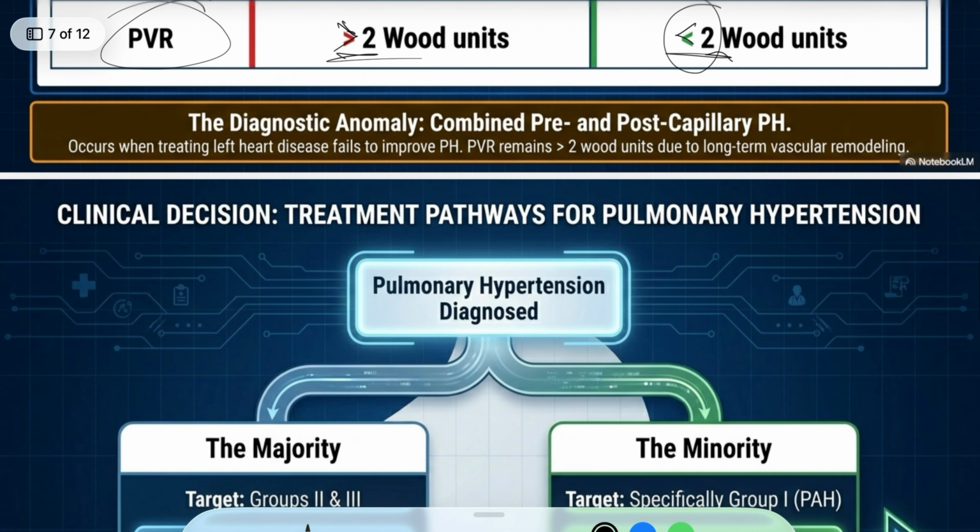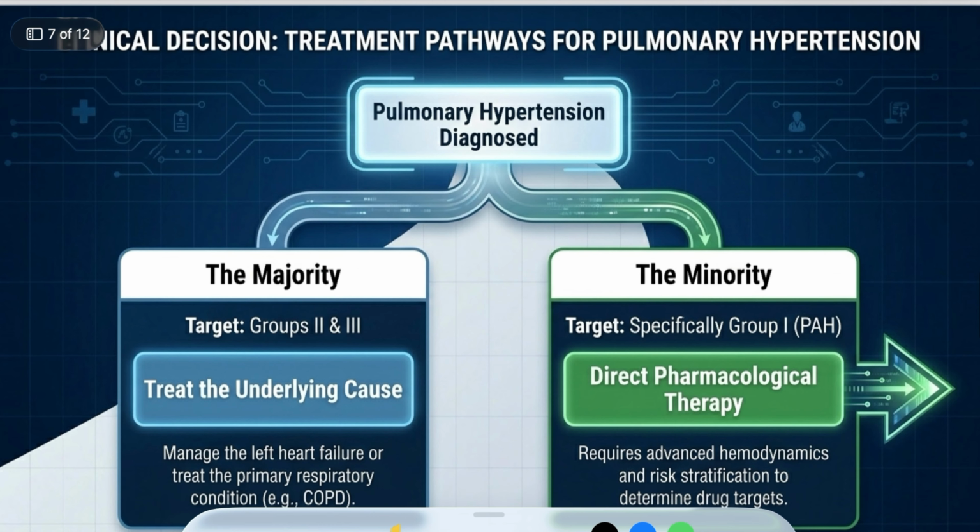Then the diagnostic anomaly is combined pre and post capillary pulmonary hypertension. Usually this occurs when treating left heart disease fails to improve pulmonary hypertension. So PVR remains more than 2 Wood units due to long-term vascular remodeling. Then we have clinical